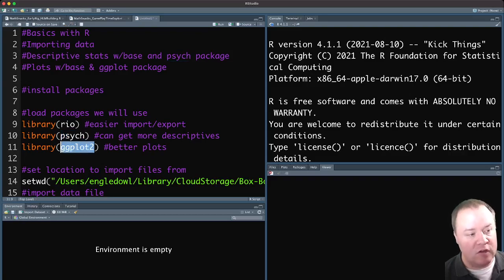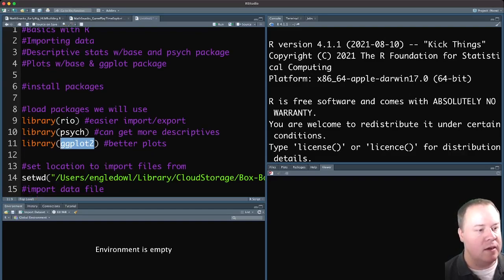And then ggplot2. This is to get better plots, nicer looking plots. I also have a video called Making Pretty Plots and Tables that you can watch, and I go more into depth about how to make some changes than I will in this video. All right, so once you've loaded these packages,